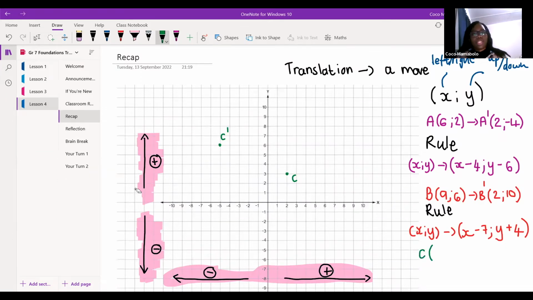Give me the coordinates for C, please, guys. Roland says 2 and 3. I agree. Okay, and to get from C to C prime,